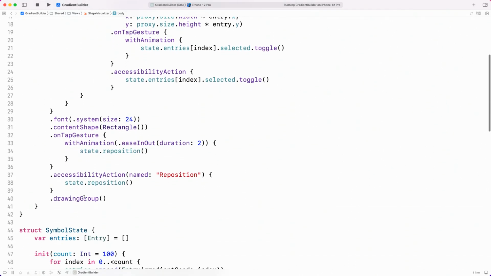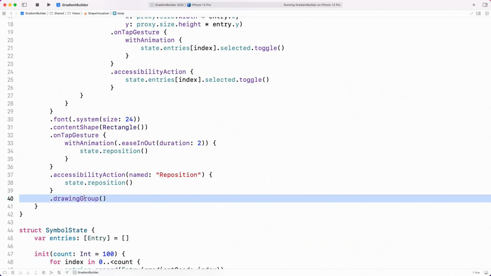And at the end of the body, there's a modifier you may have seen before, drawingGroup. A drawingGroup tells SwiftUI to combine all of the views it contains in a single layer to draw. This works well for graphical elements like these, but shouldn't be used with UI controls like text fields and lists. This is a great technique to use when you want to show a large number of graphical elements like we're